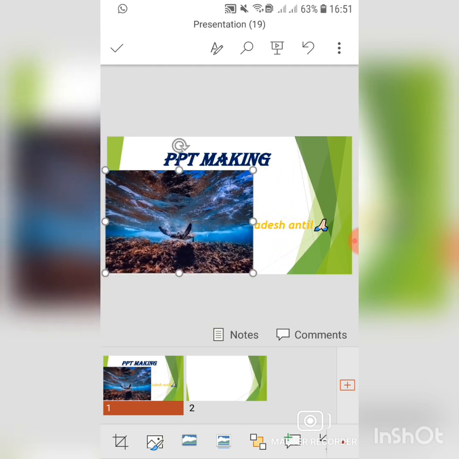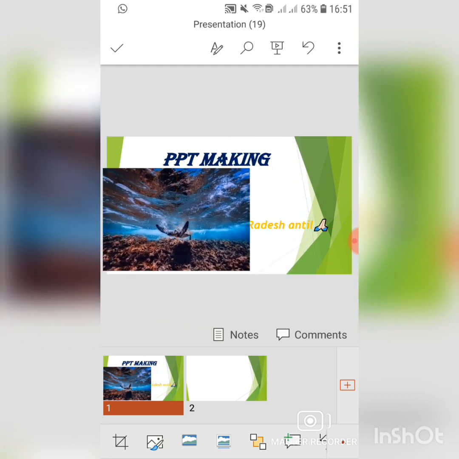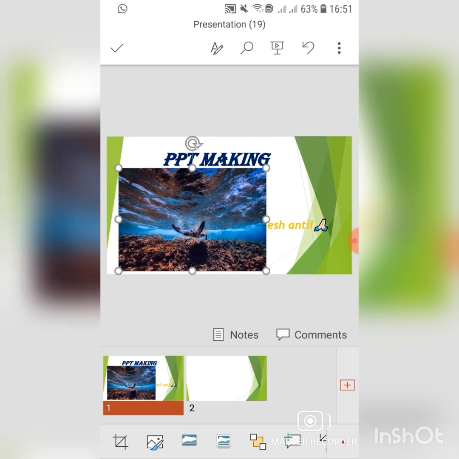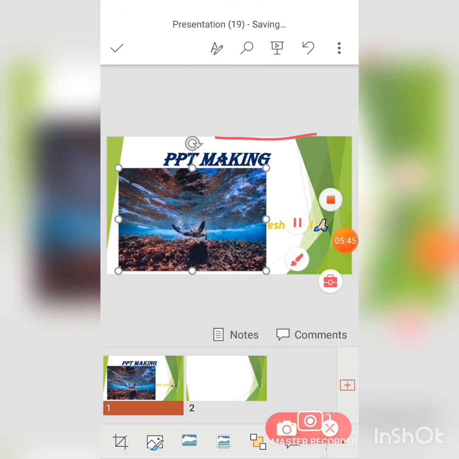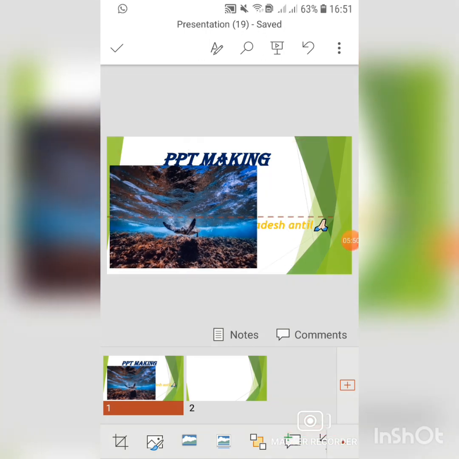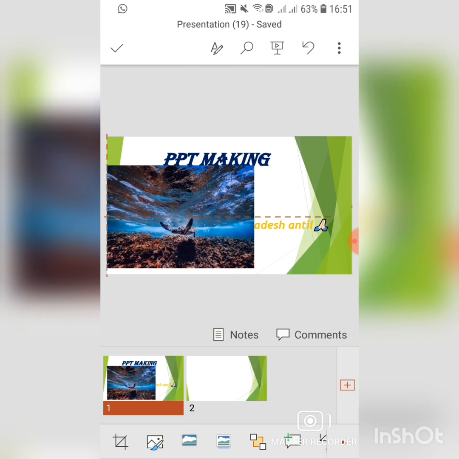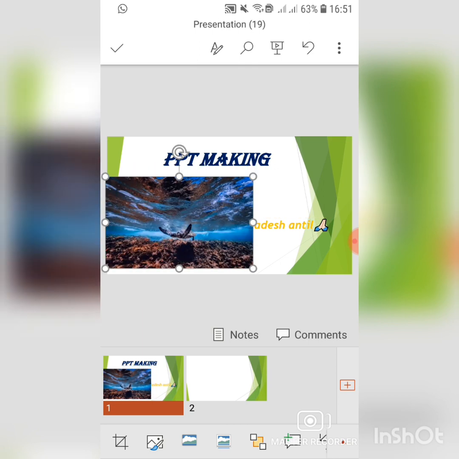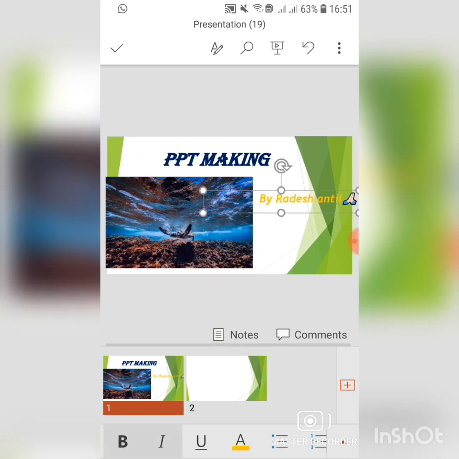Now yes, it's covering the name. You have to set it according to your slide. It should not go outside the outlines. It will show you the outlines like red and dotted lines. Yes, it is showing, like you can see. So I can crop also by these 3 dots, as you know. Just hold these 3 dots or shift your name to that side a little, but it's going out. Just click on the photo and you can change it.